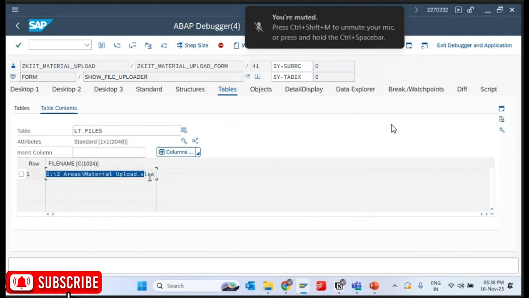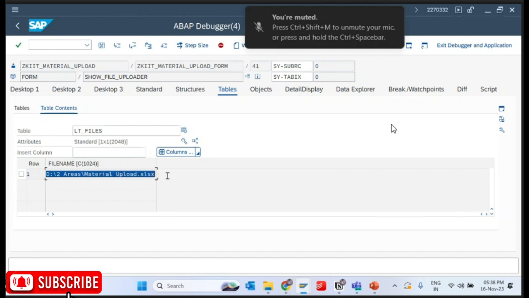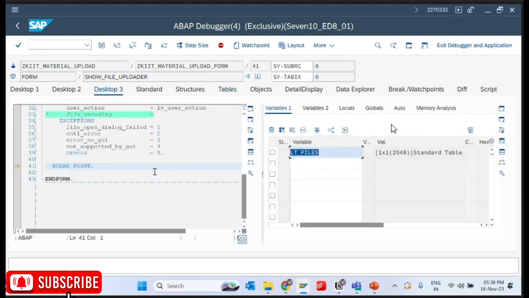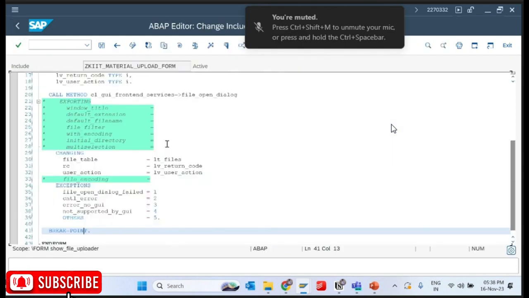The path of this is the file, guys. It is the path we found out previously: D drive, areas, material upload dot xlsx. Is it not the path, guys? We found it out previously, but now this path we are getting through the file uploader. So what I can see here,